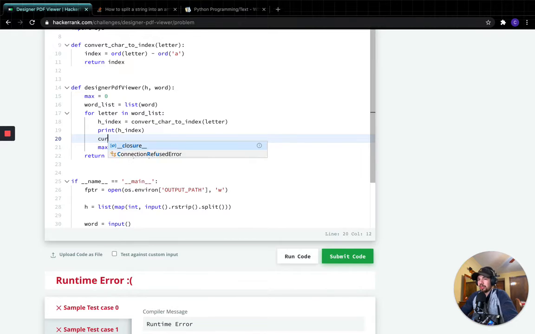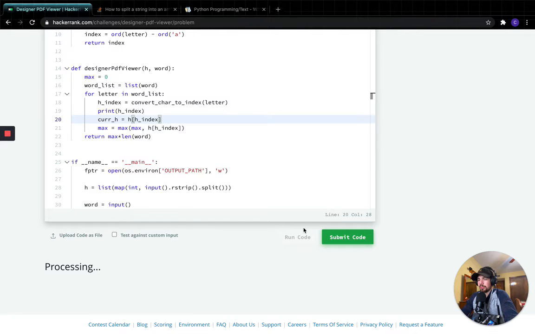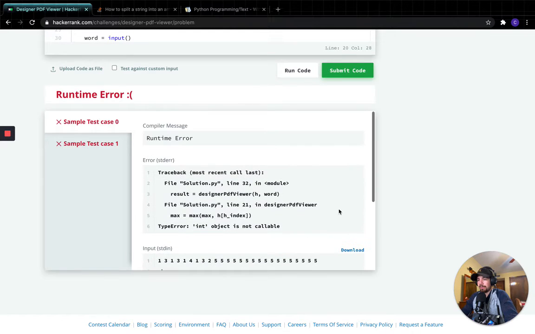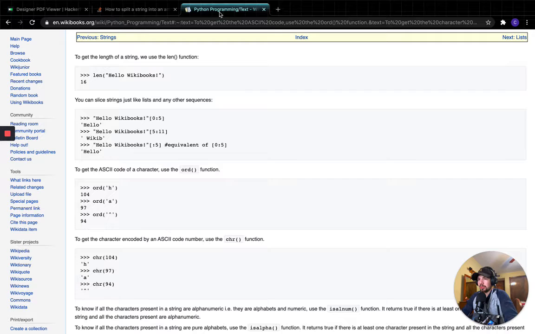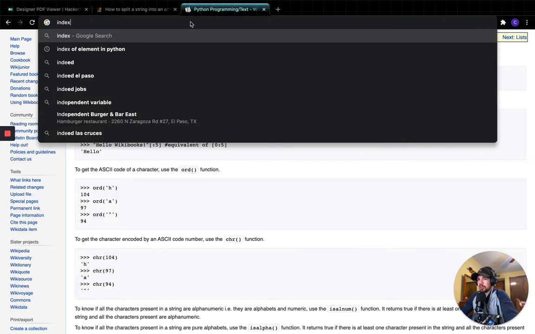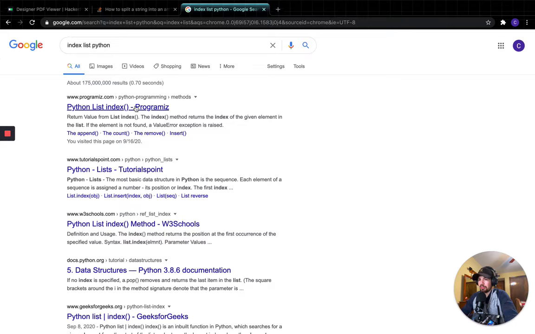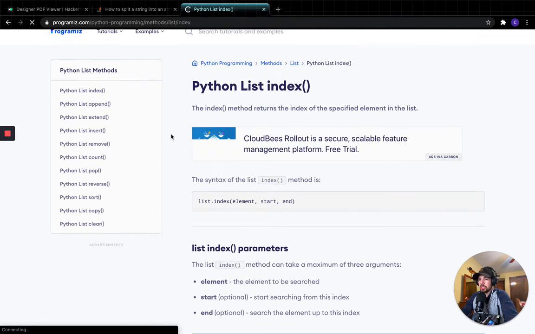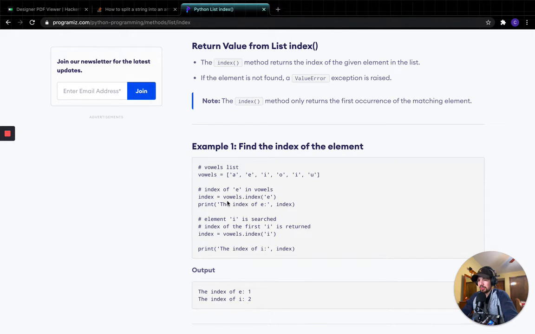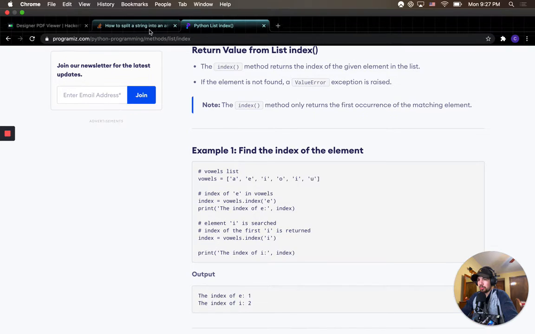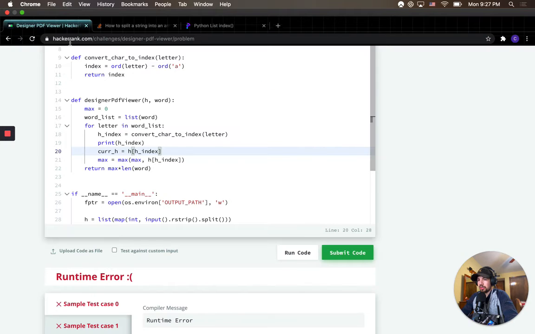What if I go cur h equals this instead? So copy that in there. See what happens. H is a list. So is there a different way to call stuff from lists? Index list. Python. Correct. Let's see. So we have this. This is a list. Boom. Print. Wait. So if it's casted to a list already,